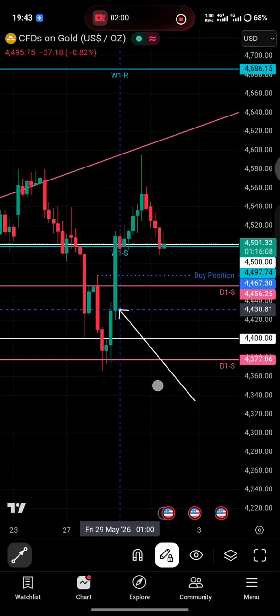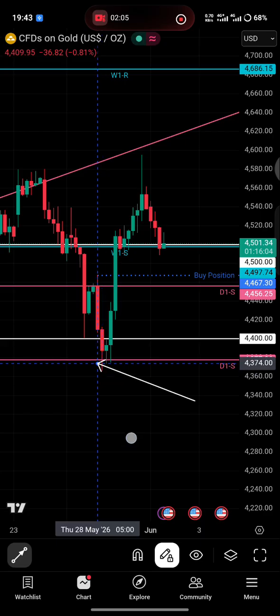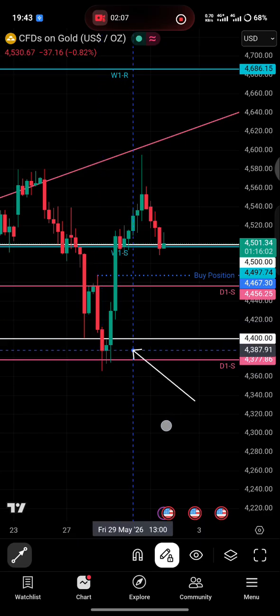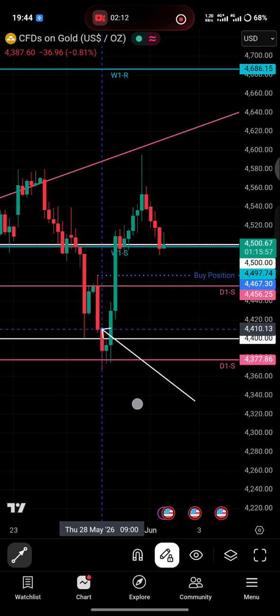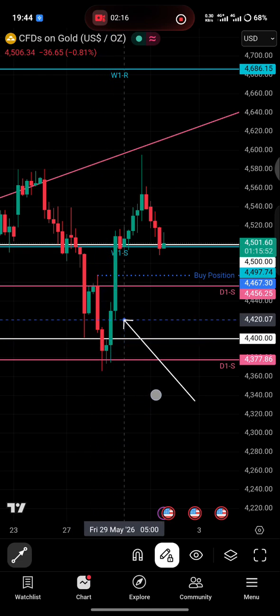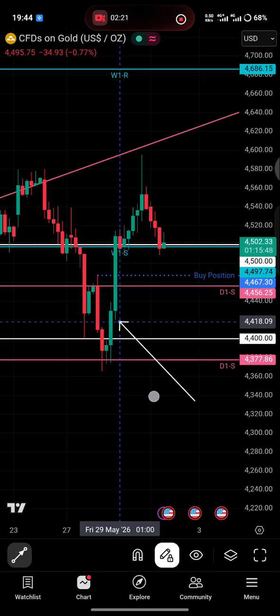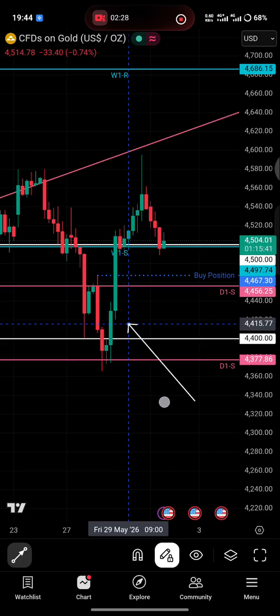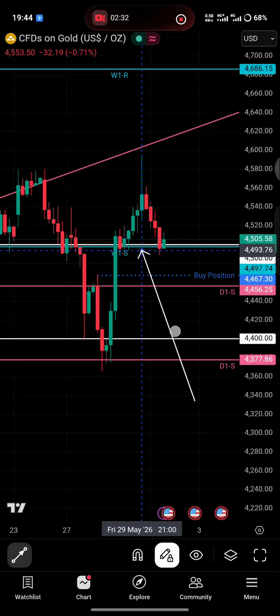And as I've told you guys before, once a bullish price action is created, and that bullish price action managed to break resistance, a break of resistance has happened. The next candle retest is where we're going to be buying, because the next candle retest is a manipulation, and a manipulation is where we're going to be buying because it has formed a bottom wick, right? And then we buy, and if the price starts breaking above, that is where we're going to be closing